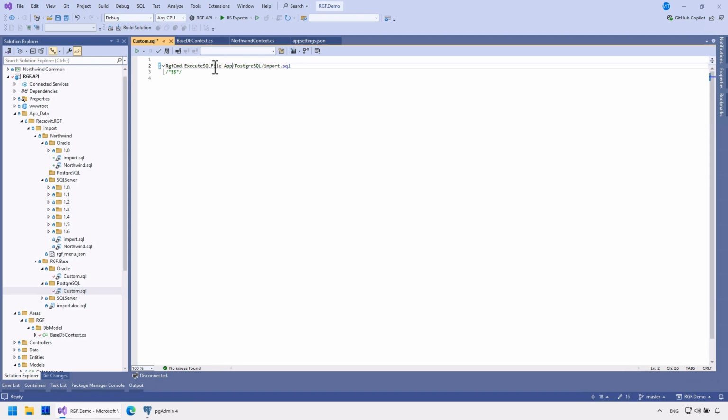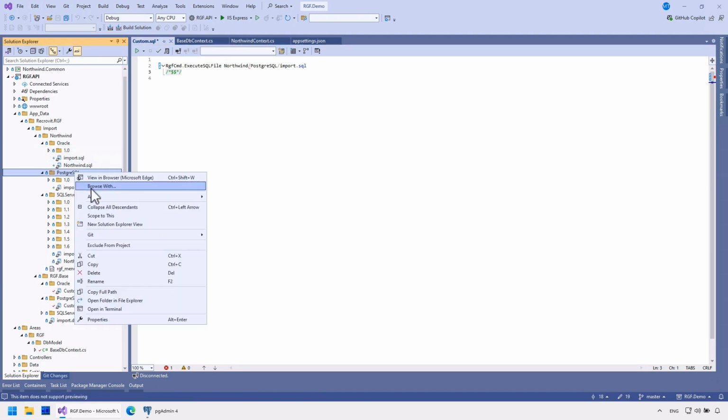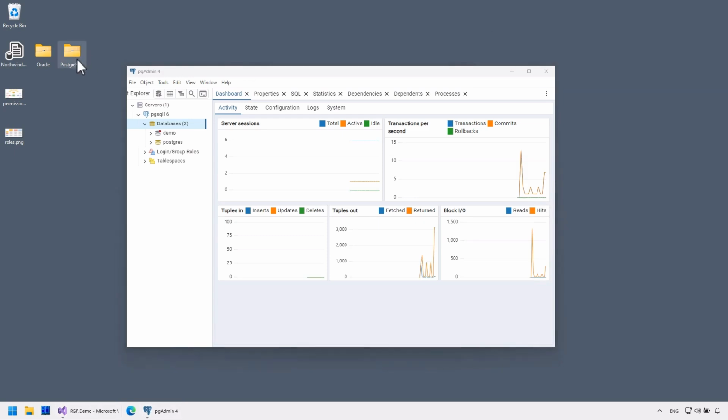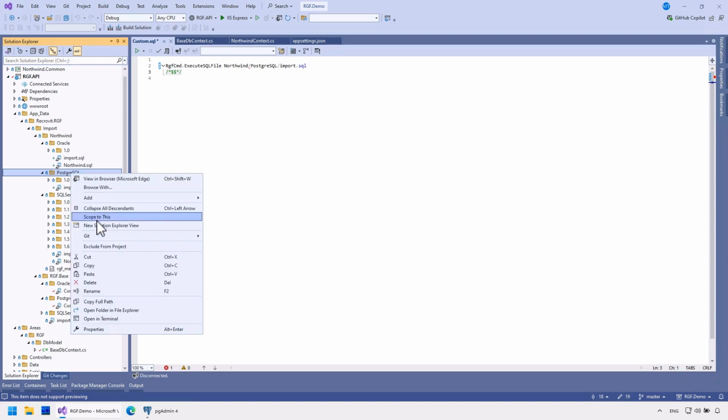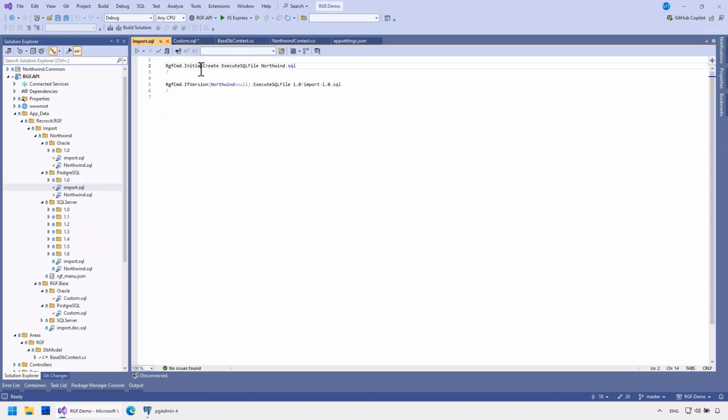Here, I will also invoke the Northwind initialization. The migration will be similar to the Oracle database migration. I will correct the delimiter.